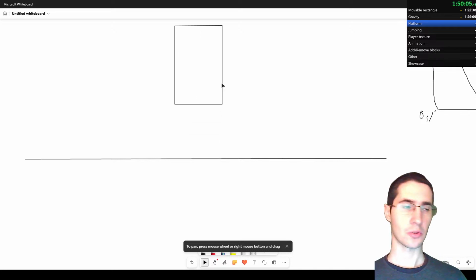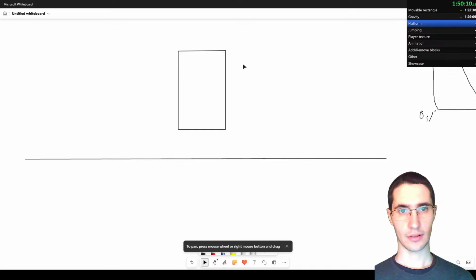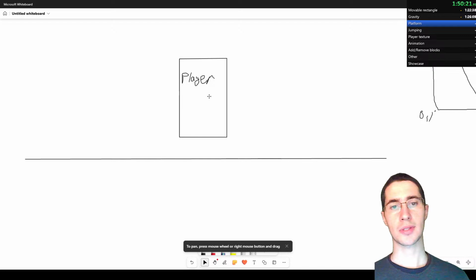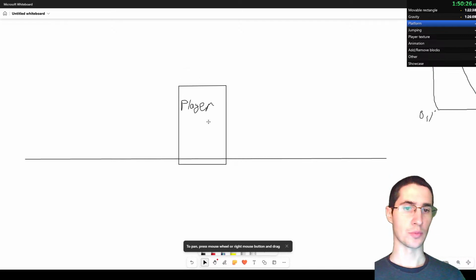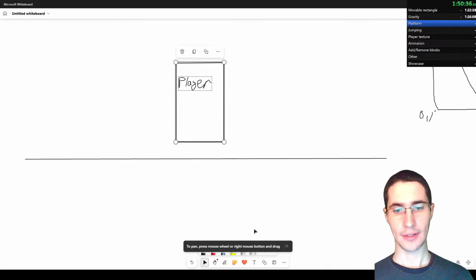And the player will move downwards. So the player moves downwards each frame. And here it has moved downwards and we see there's a collision. And it can happen, look, it can happen